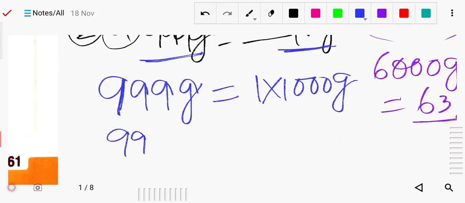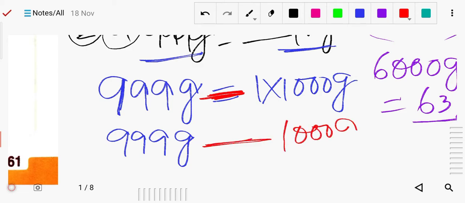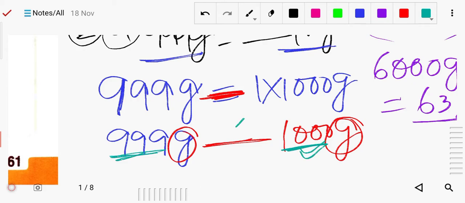So 999 gram. Here I have done a mistake, just make it, here is the blank. Okay, now 1 into 1000, so that will be 1000 gram. Now you can check, this is the gram, this side is also gram. So which sign you can put? Here is the 1000, here is 999. Of course this is the greater one, so put this sign. Because we know that if the units are different, we cannot add, we cannot subtract.